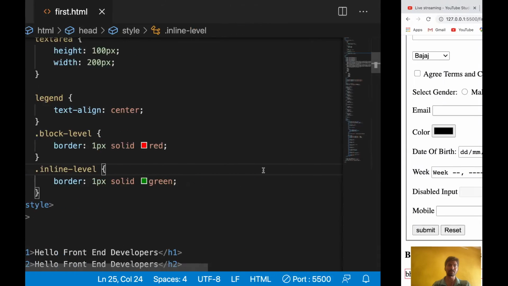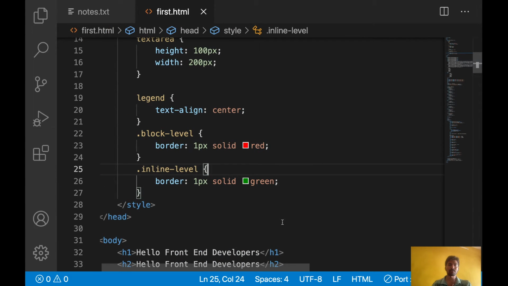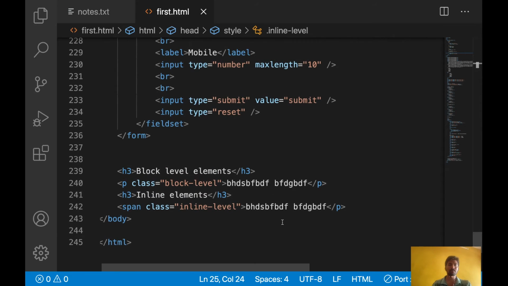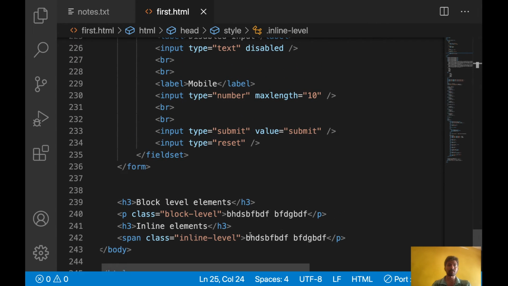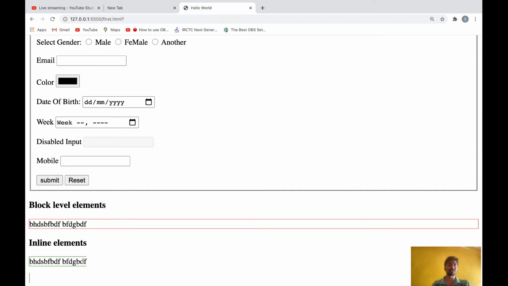Let's save this one. See, this span is taking till here only. Okay, so it's not occupying the complete width. So if you see here, the block level element is occupying the complete width of the browser. But the inline element, for example span, is taking only till the content, that border is coming.